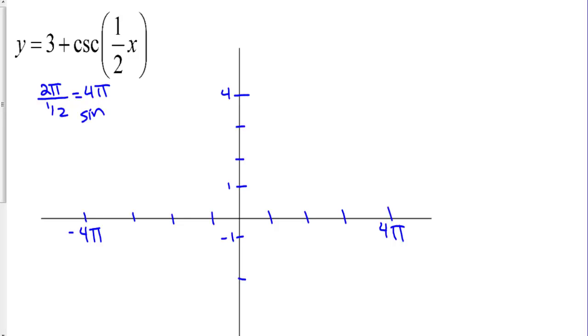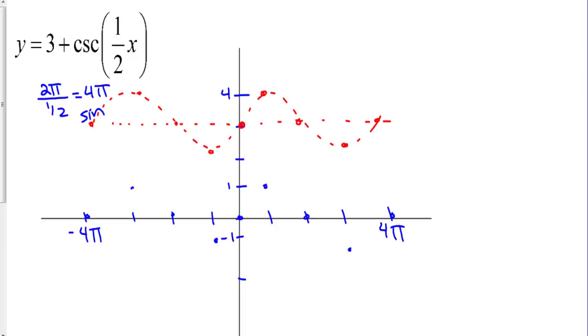So sine starts at 0, goes up to 1, 0, negative 1, and 0. And then negative 1, 0, 1, and 0. But we got to push all of these up 3 units, which makes the new midline. This is the new midline up here at 3. So we start at 0, we go to 1, 0, negative 1, back to 0. So we have negative 1, 0, 1, and back to 0. So here is sine,